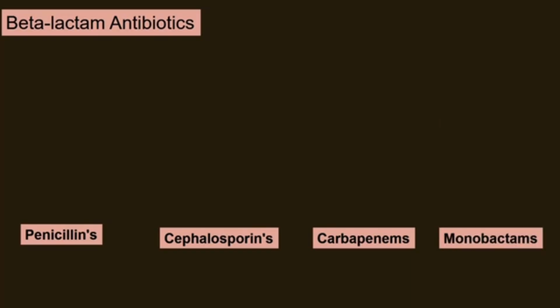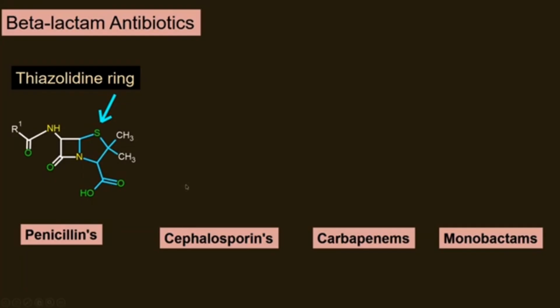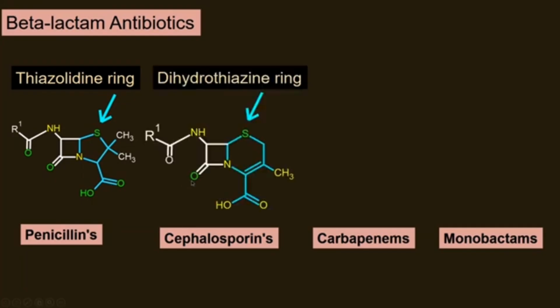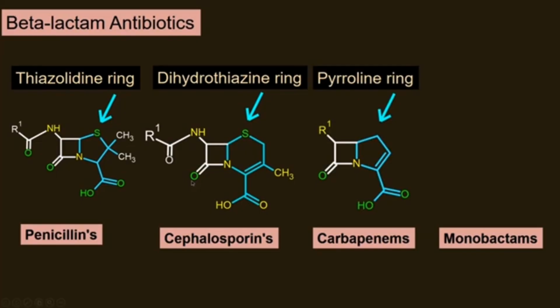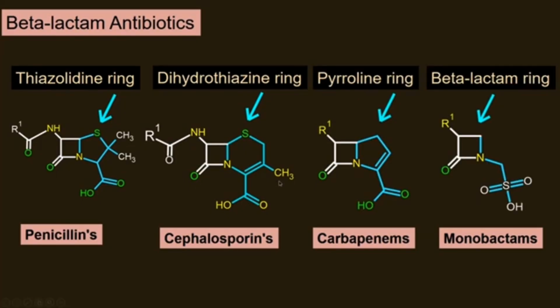All these beta-lactam antibiotics, the 4 classes, have something in common, that is the beta-lactam ring. However, each of them has a different ring attached to the beta-lactam ring. Penicillins have a thiazolidine ring, cephalosporins have a dihydrothiazine ring, carbapenems have a pyrroline ring, whereas monobactams have just a beta-lactam ring only. So these are simple, direct questions that can be asked about the rings that are attached or fused